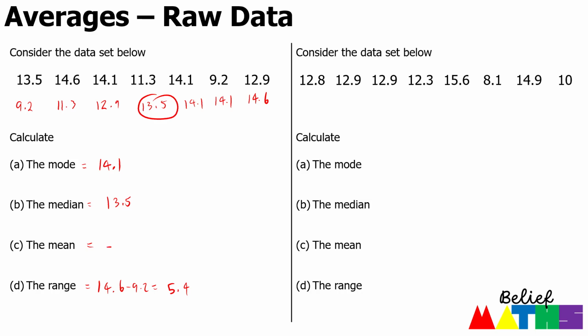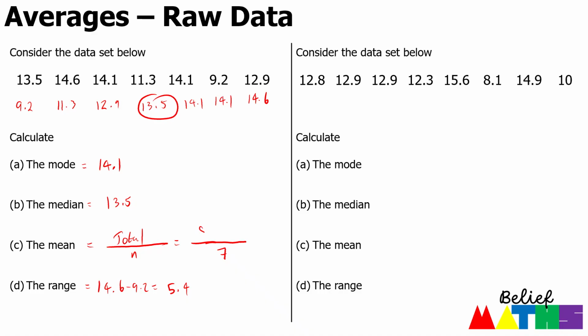The mean, remember we find the total divided by n. So it's always all the values added up divided by n, the number of values we had. So in our case, we've got 7 values, and we're going to add up all those numbers. So 9.2 plus 11.3 plus 12.9 plus 13.5 plus 14.1 plus 14.1 plus 14.6. And that gives us